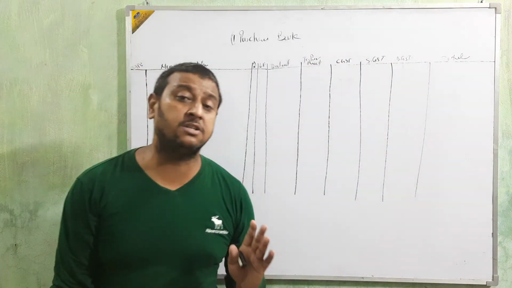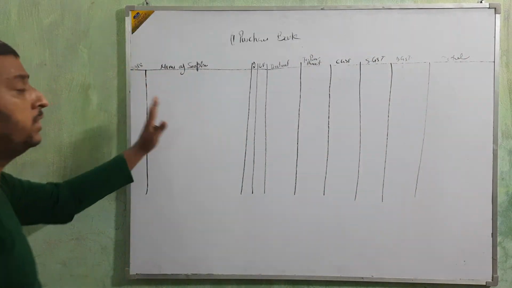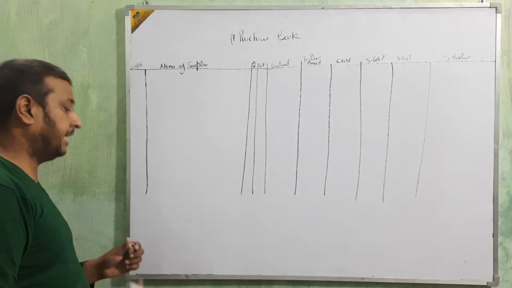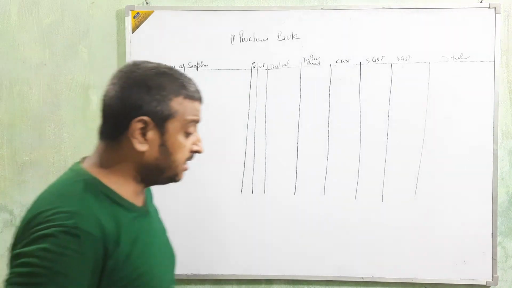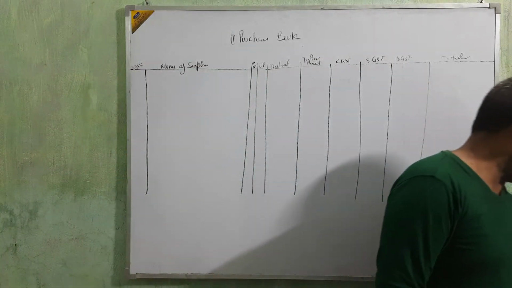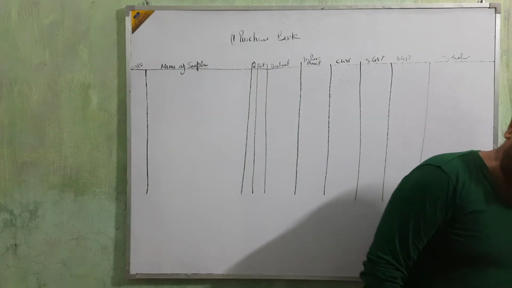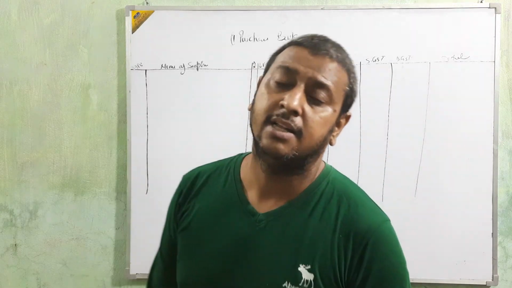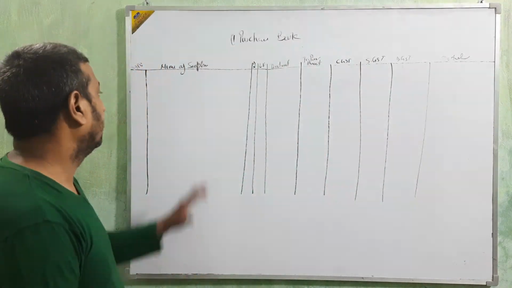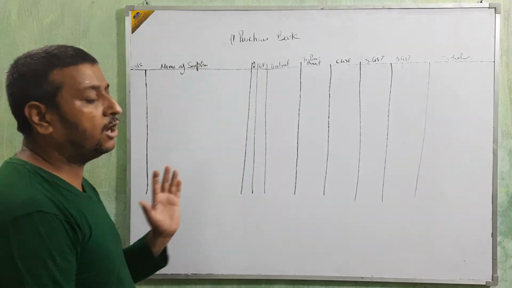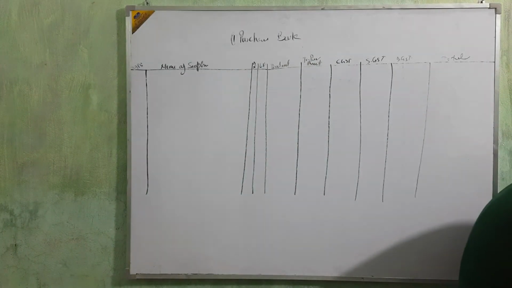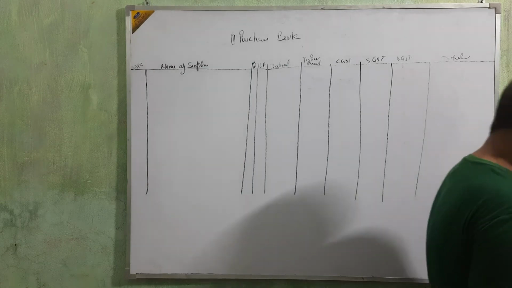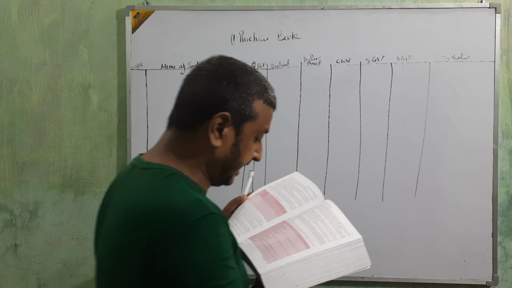Now the very important thing is how we are going to enter the data in this purchase book. In this purchase book we are going to enter the name of supplier, beta. We are going to enter the name of supplier here only, and then detail all the things. Just I am taking one illustration on that to make you understand. Just see illustration number 1.